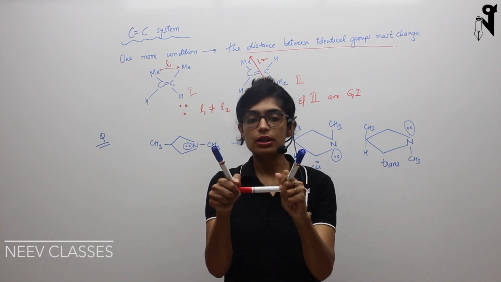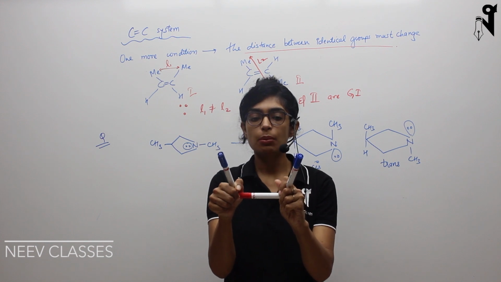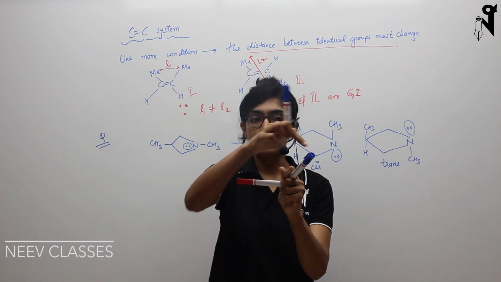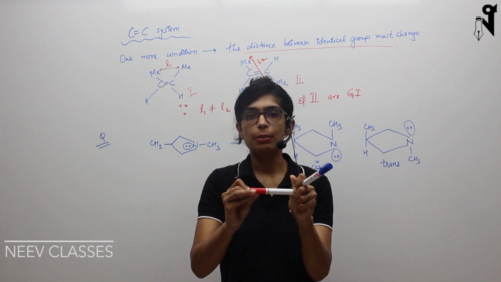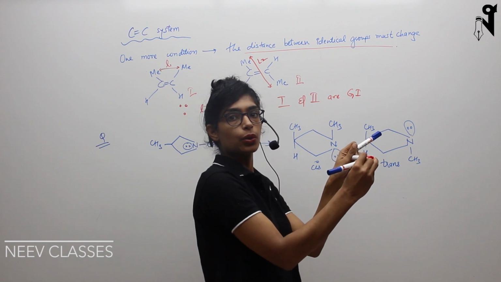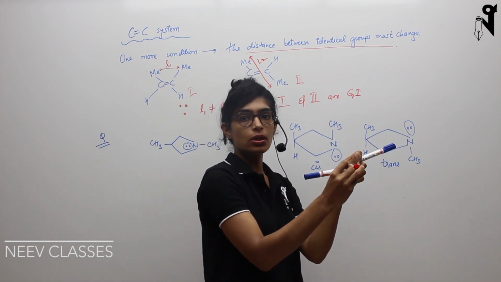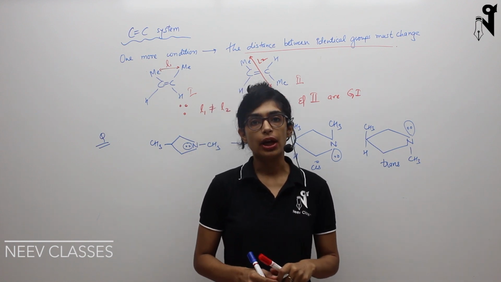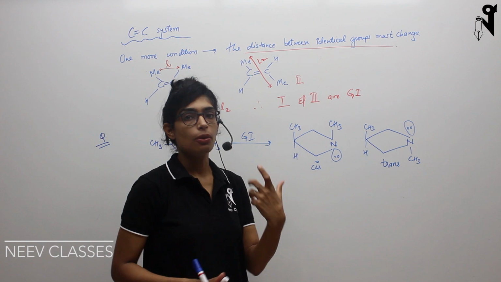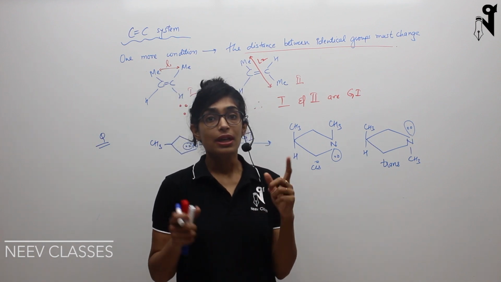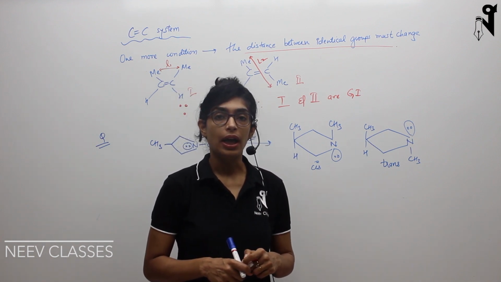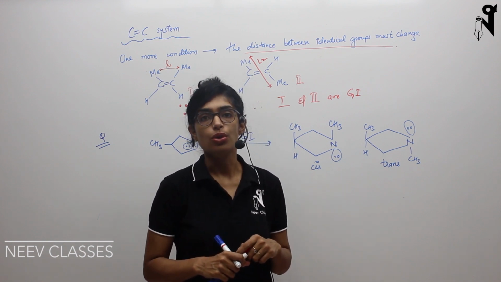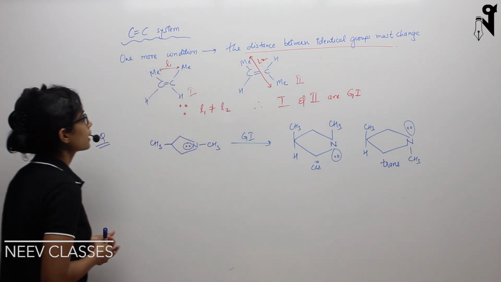If you talk about the distance between this blue and this blue, it will be some distance. Let's assume this is L1. And if I keep it like this, there will be a distance from here to here, and that will be L2, right? So these distances are not the same. If the distances are not the same, that means your molecule can show GI, and these two forms are one cis and another trans. If the distances become the same, in that case the molecule is not showing GI, and this carbon double bond carbon is not showing GI. So this is what exactly we are talking about.